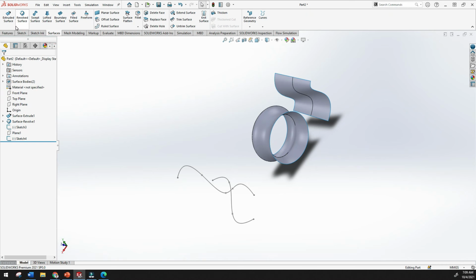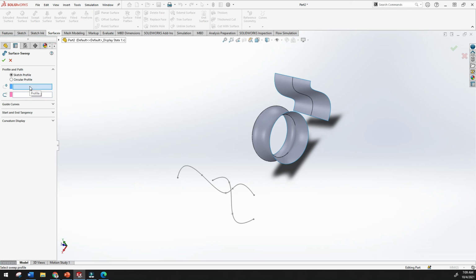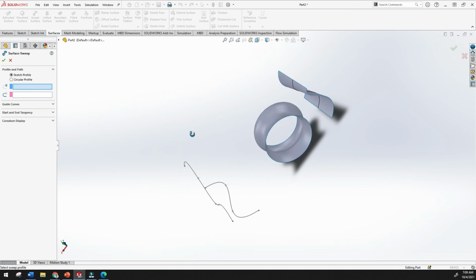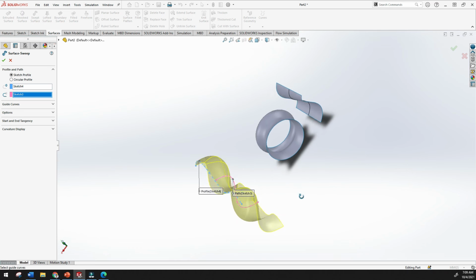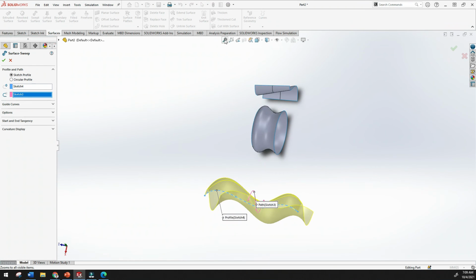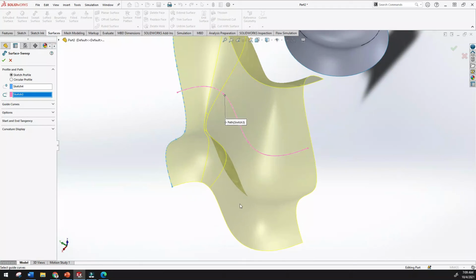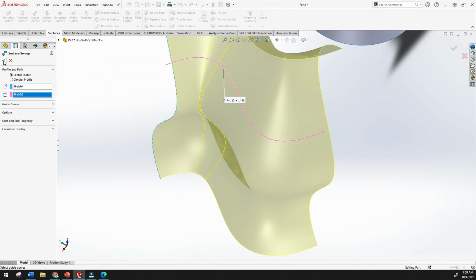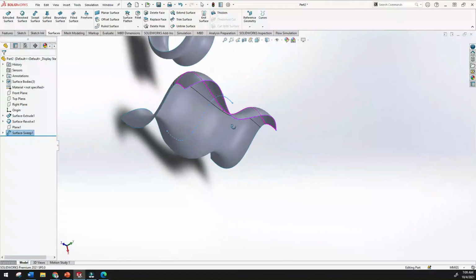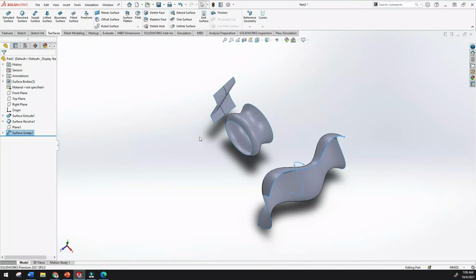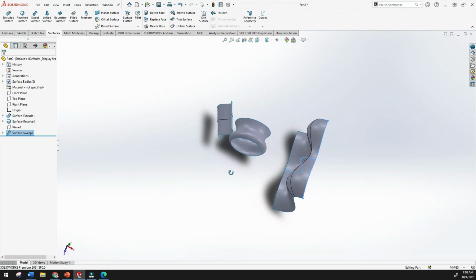Now I want to use the swept surface. Just click yes, and it will ask two things: profile and path. Here is my profile, and here is the path. This one is the path. Once you click the path, you can see automatically it will create the surface by using this path. Once you click done, you can see how swept is working, using the sketch profile and path.